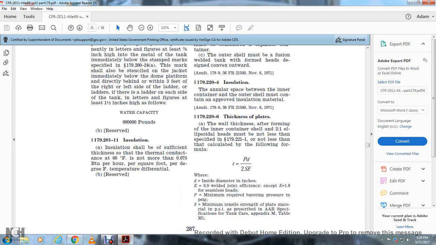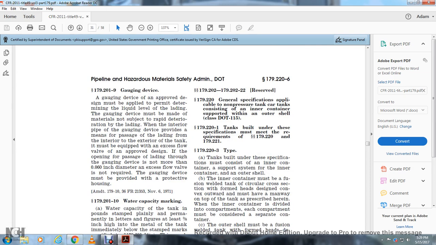179-201-11 insulation. Insulation shall be sufficient so that the thermal conductance at 60 degrees Fahrenheit is not more than 0.075 BTUs per hour per square foot per degree Fahrenheit temperature differential. Be reserved. All right, 179-202 and through